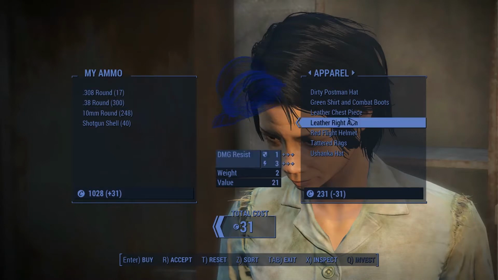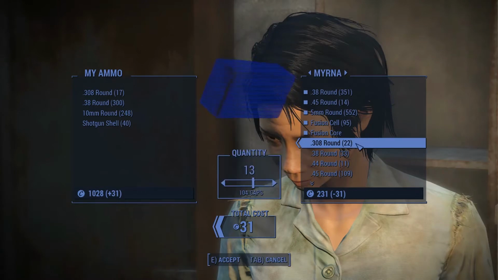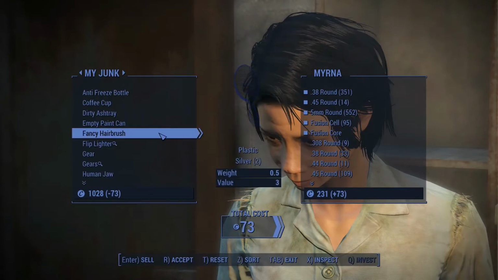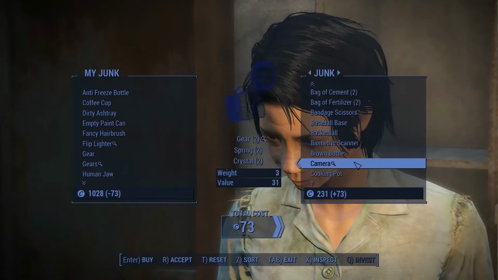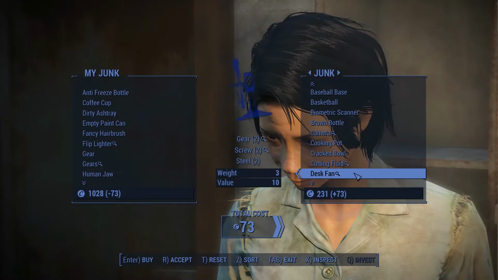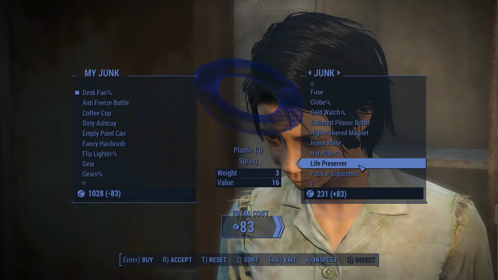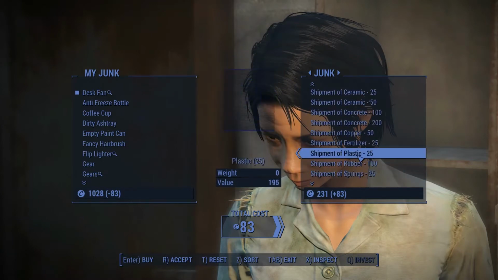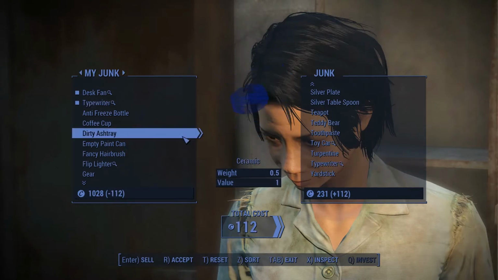But we've also got to buy a few more .308s. We'll get 13 for now, since I don't have a sniper rifle as of yet. Oh, and we also need a gear. We'll get that as well. Okay, so that's...